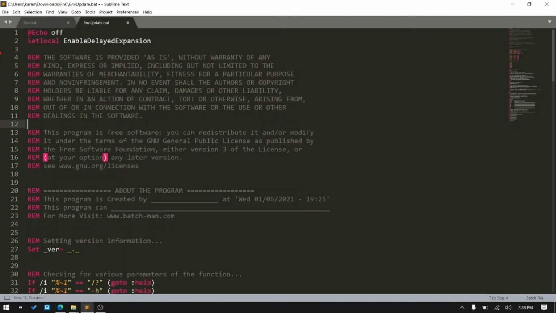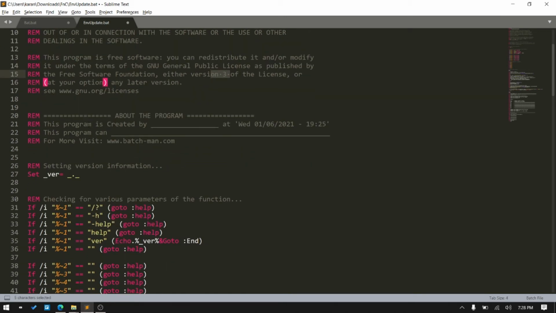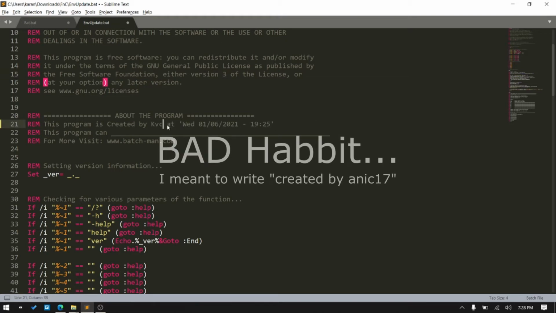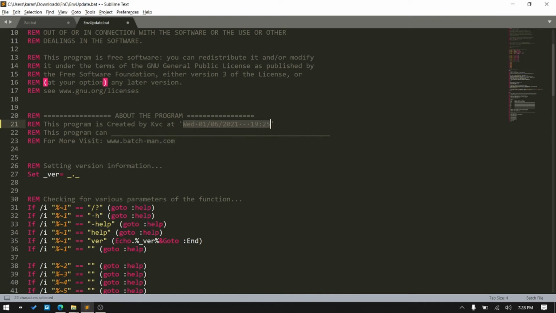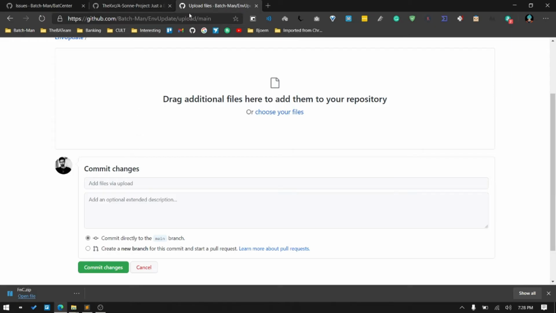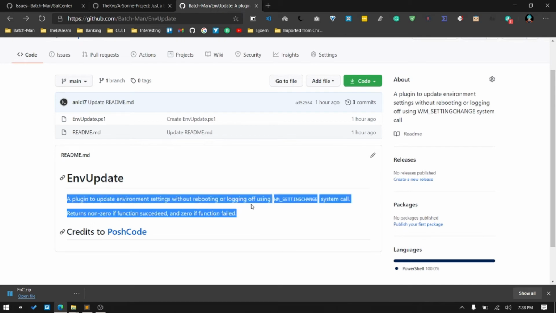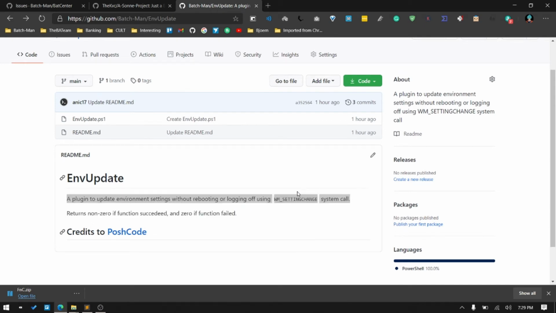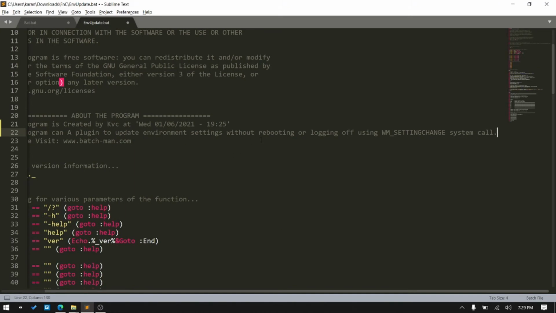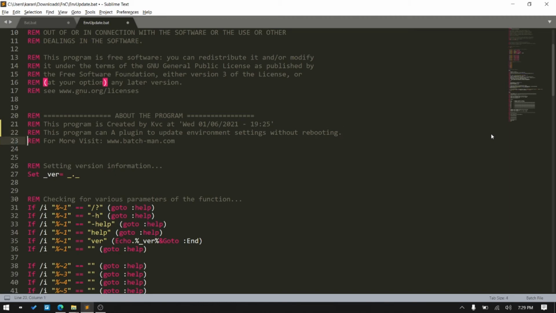This is the standard license, GNU GPL version 3. So you can see that. About the program: it is created by KVC, and it will add the date and time on its own, the time when you generated the function. What this program can do is, let's go to the GitHub. I'll go back: a plugin to update environment settings. Yep, so this program can do this. So I will paste that without rebooting. Let's delete that. So that is a good explanation. The version of the program is 1.0,